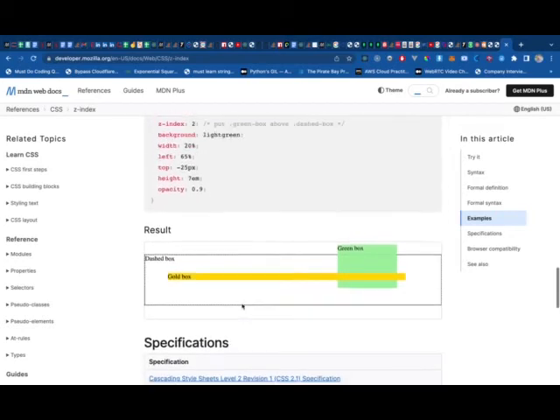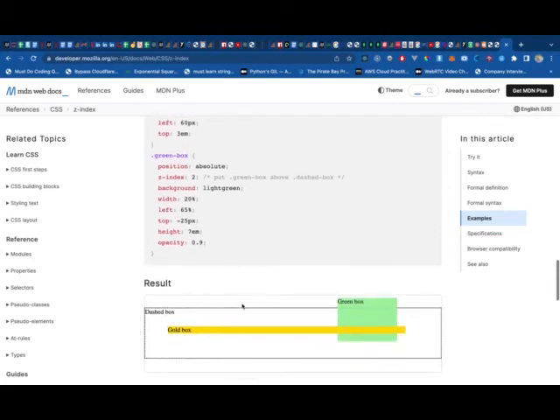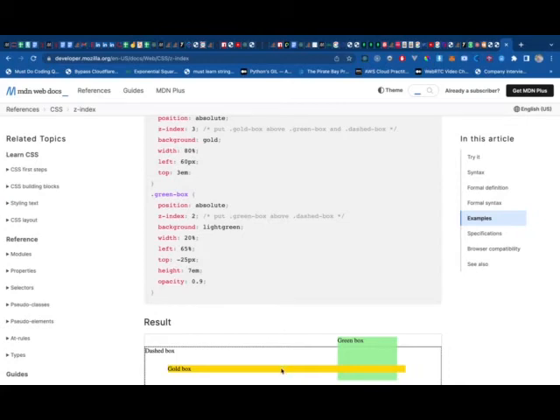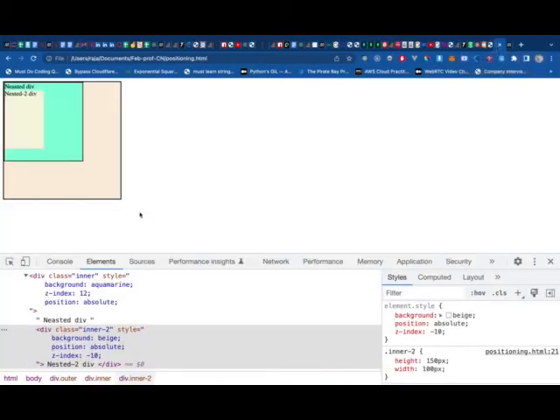All right. That is working. So this is gold box, right? So gold box is having Z index. So put the gold box above green box and dashed box. That is good. Okay. So if you want to play with these two,